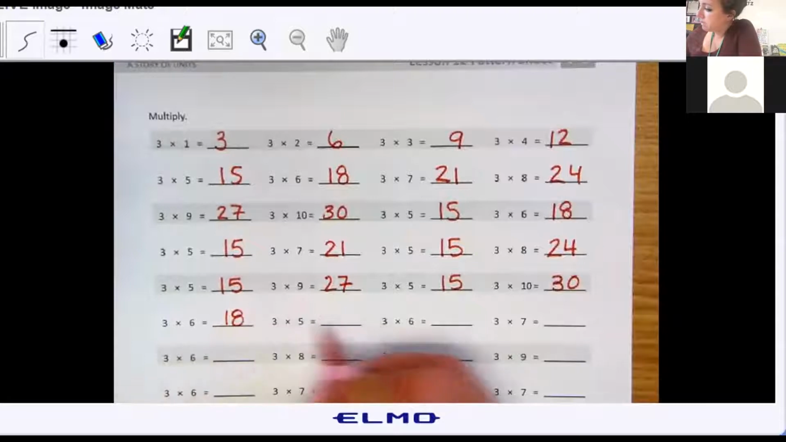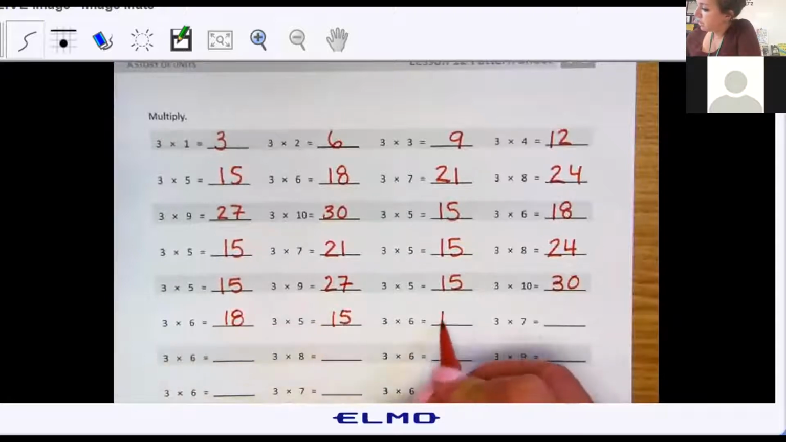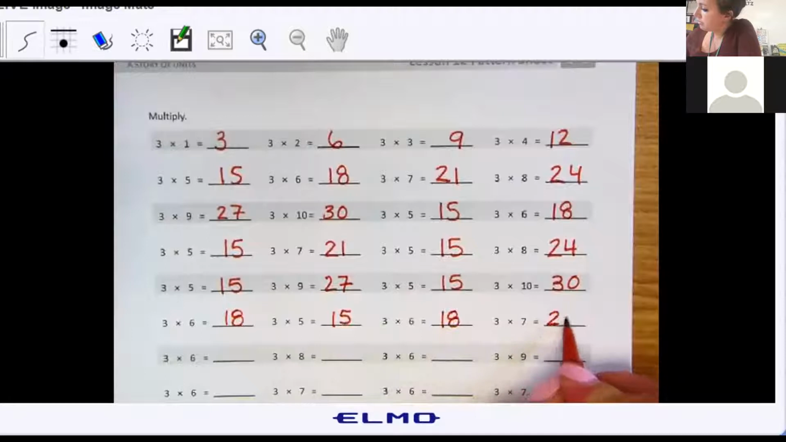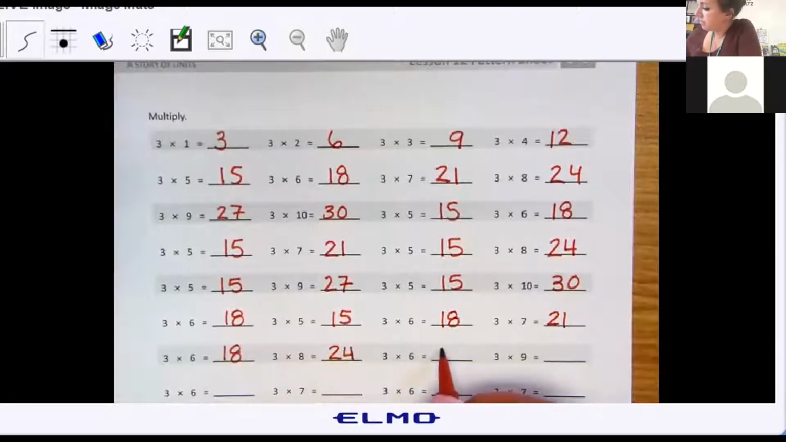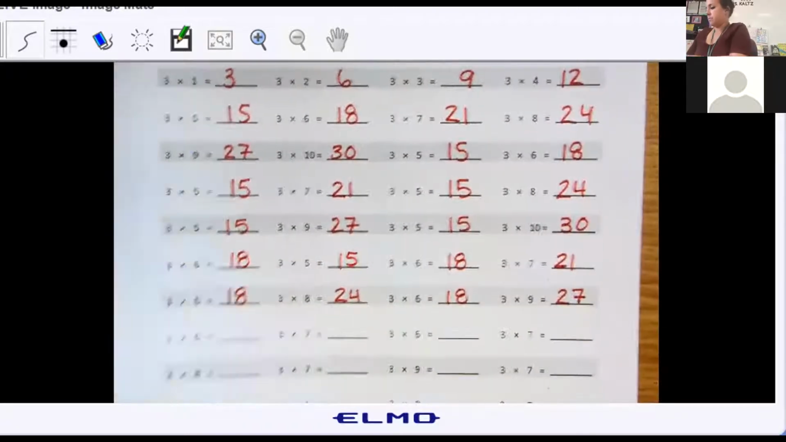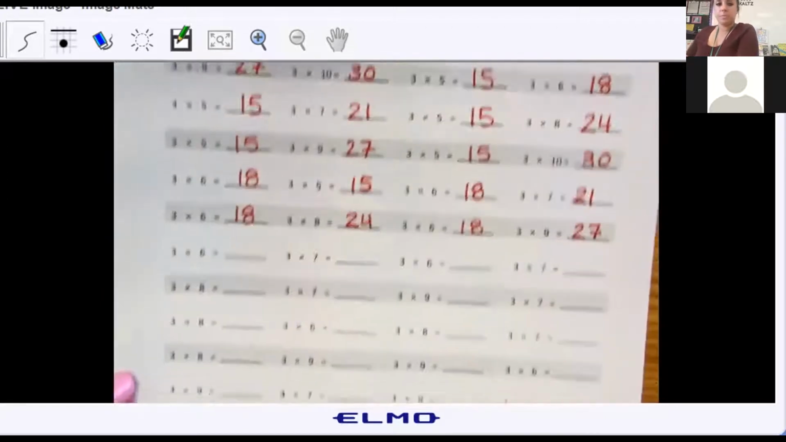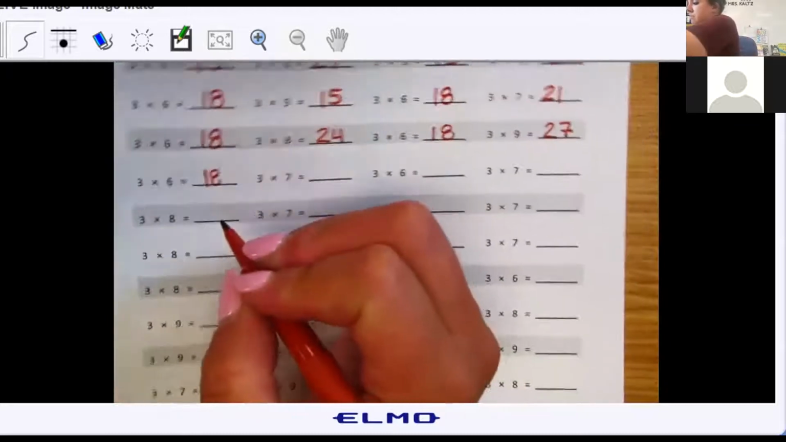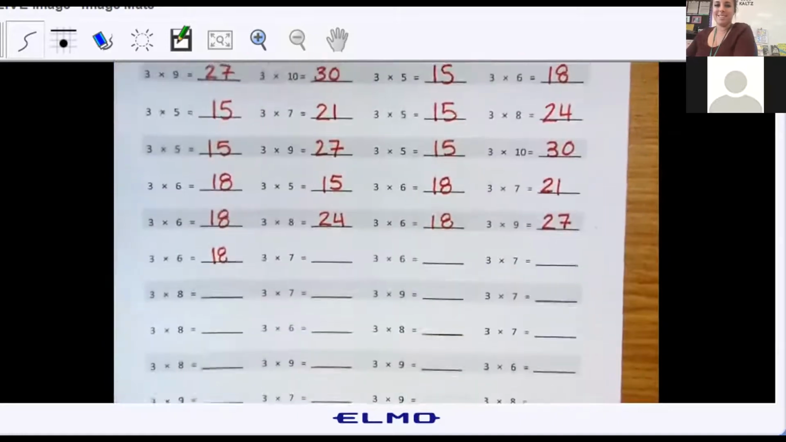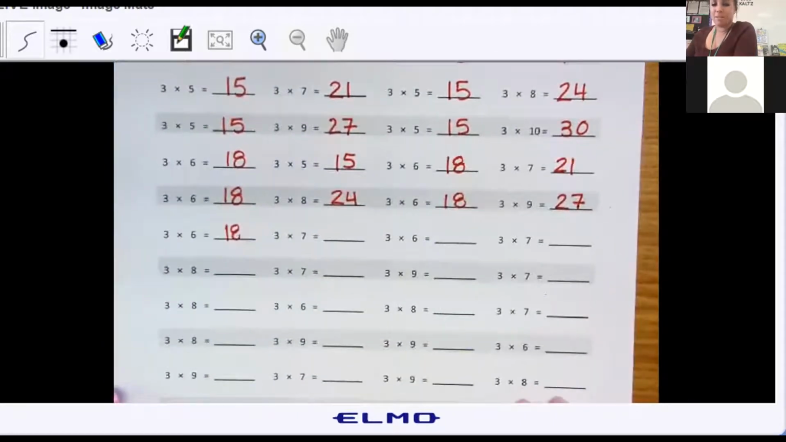18, 15, 18, 21. 18, 24. 18, 27. 18. Focus, Mrs. Kaltz. All right, we're at 18,